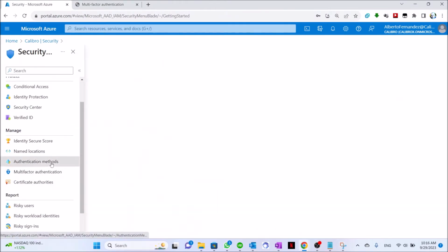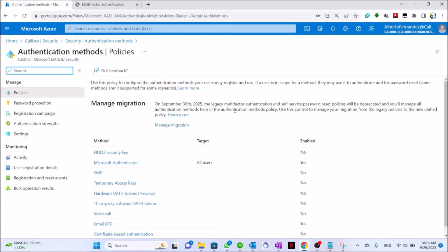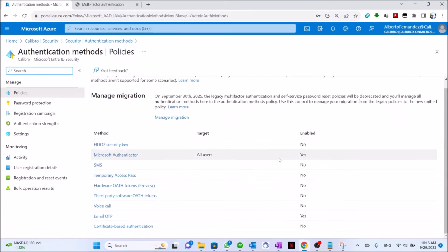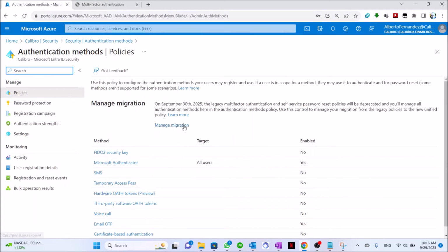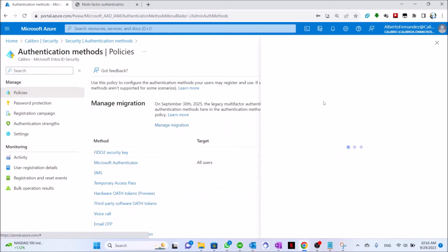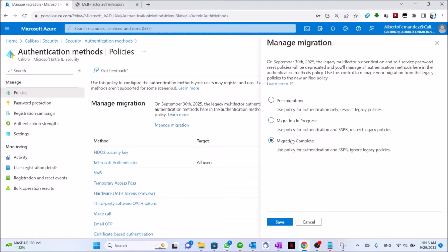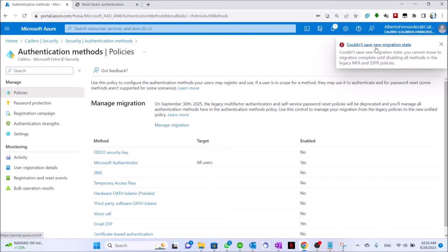If we go to the authentication methods, let me show you. In authentication methods, I enabled only the Microsoft Authenticator app and the email OTP. Also, after the migration, I will disable this one, and let's say enable SMS and Microsoft Authenticator, and we will test. Now, if we go to the Manage Migration,